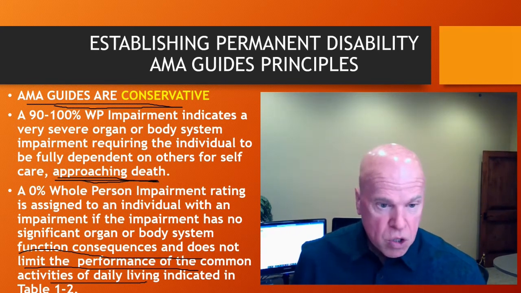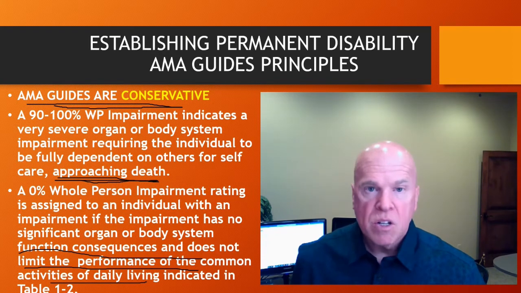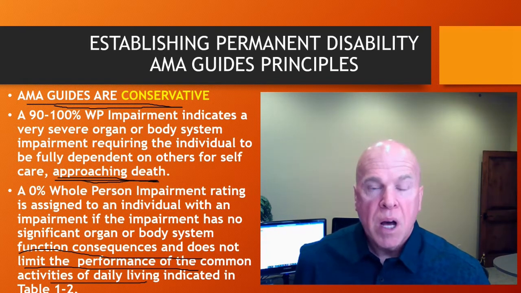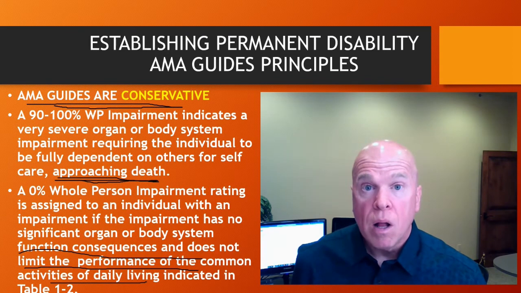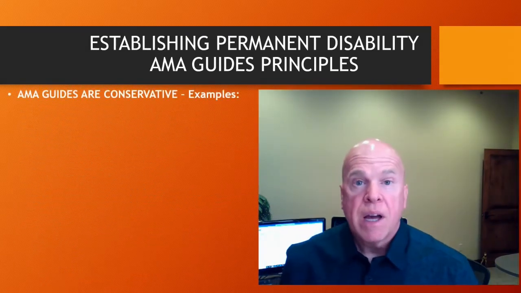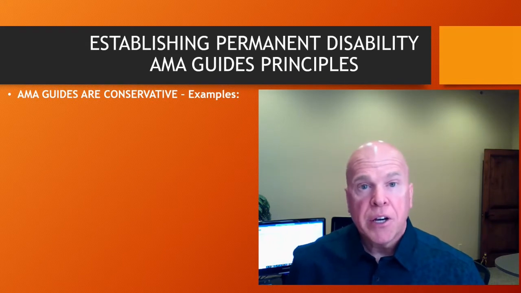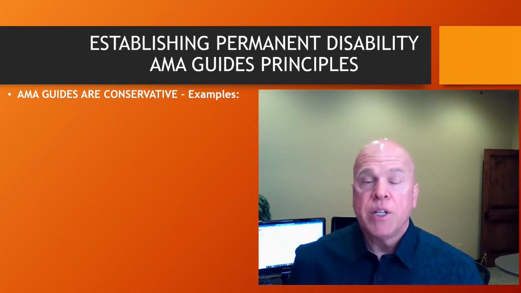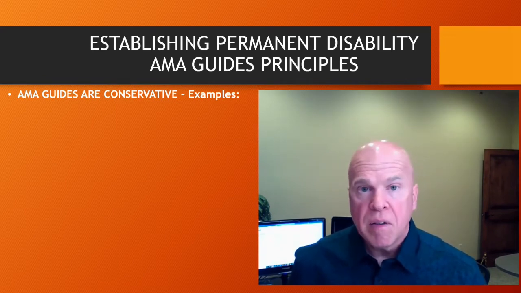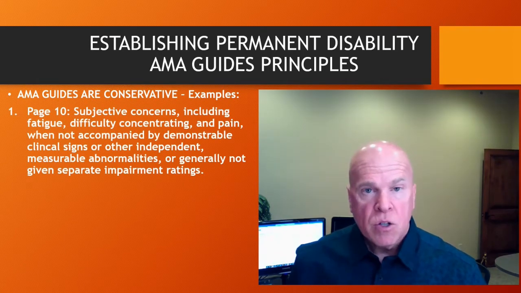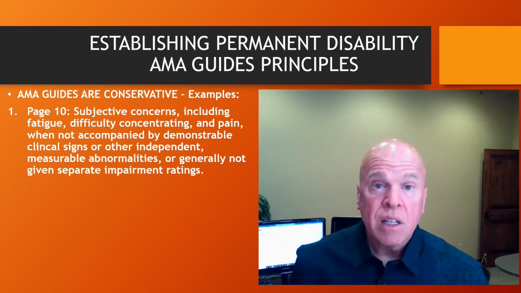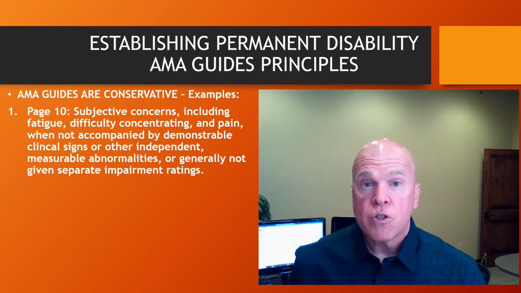Well, the conservative approach of the AMA guides continues with some other passages and excerpts from the AMA guides as well. So the AMA guides are very, very conservative because they don't provide for a permanent impairment rating for examinees who have no true limitations to activities of daily living. Well, in addition to that conservative approach, the guides tell us on page 10 that subjective concerns only,